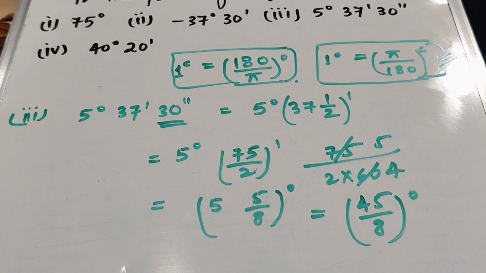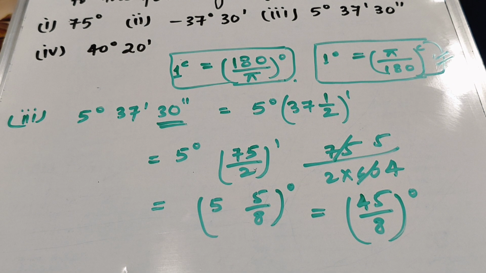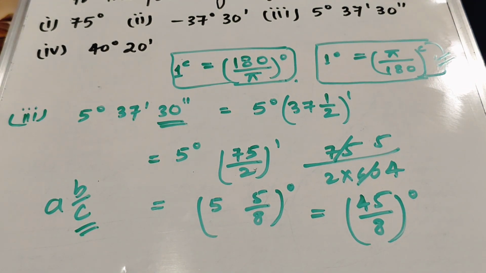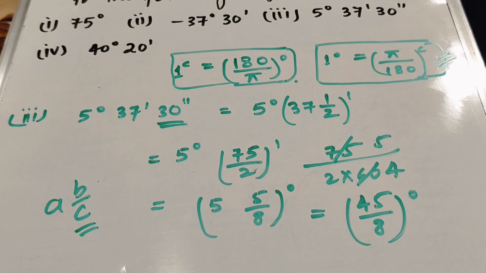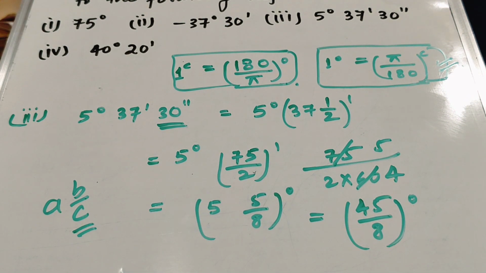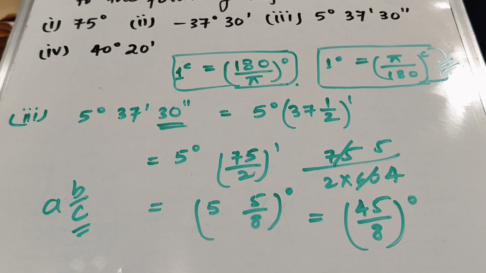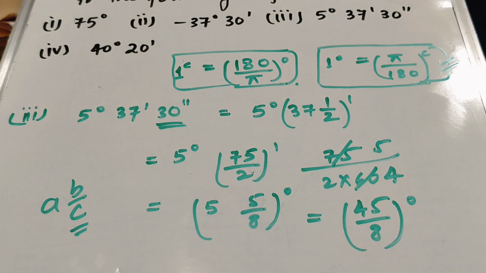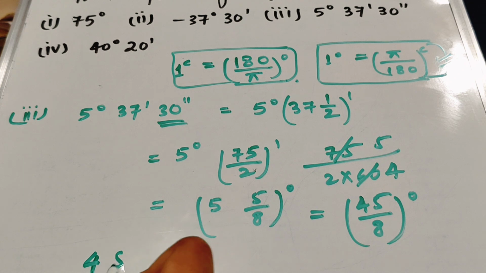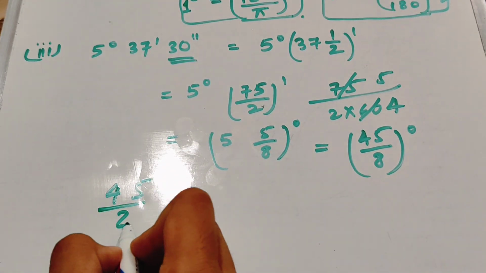In the last question, in which we had to convert the radian to degree, we were multiplying the value. We had an a b by c type of mixed fraction and we were multiplying this b by c part with 60 to get it in minutes, and then we multiplied the b by c portion again to get it in seconds. So now we have it in second and minute and we are dividing it by 60 to get the original mixed fraction, right? So we have the mixed fraction now. Very simple, just divide it by 60